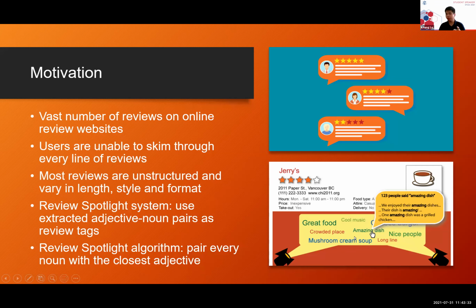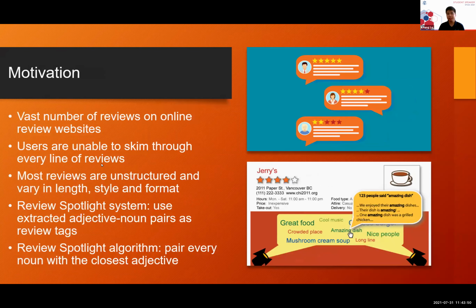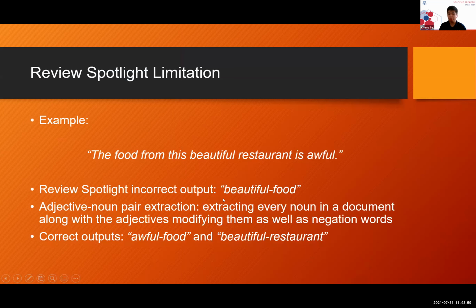In particular, this adjective-noun pair is extracted by an algorithm in the Review Spotlight system that pairs every noun with the closest adjective. However, the Review Spotlight implementation is actually incorrect, because have a look at this example here. The food from this beautiful restaurant is awful. The Review Spotlight algorithm will output the beautiful food pair as a result of pairing a noun with the closest adjective,